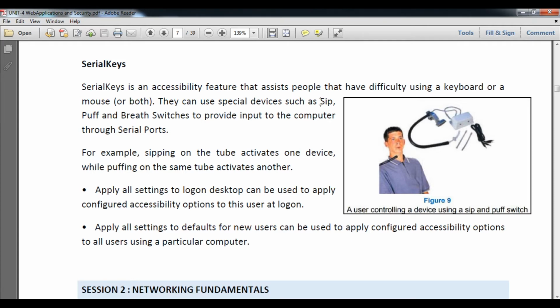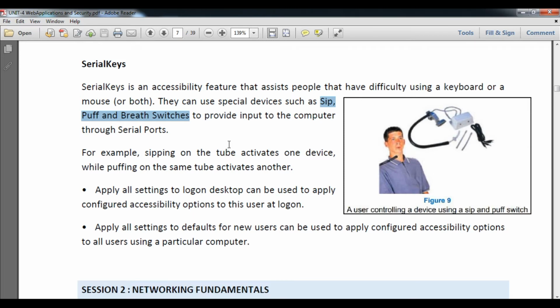You can underline these three words. These are advanced devices by which we can control our keyboard and mouse by sip, puff and breath switches. It is used to provide input to the computer through the serial port.